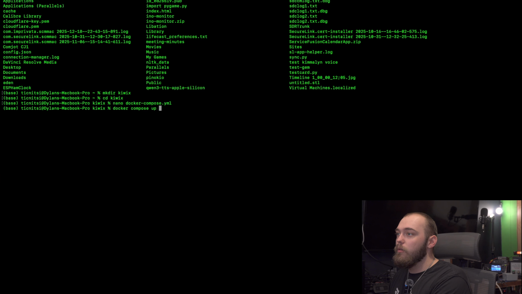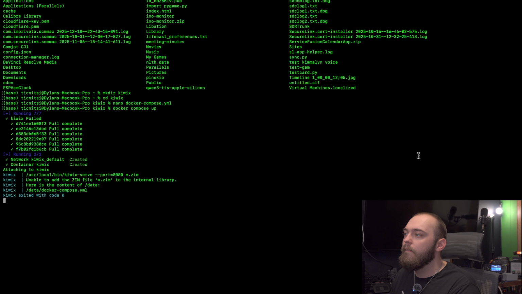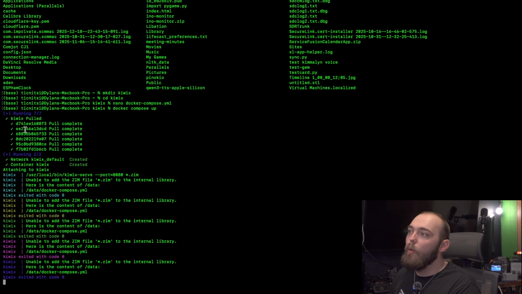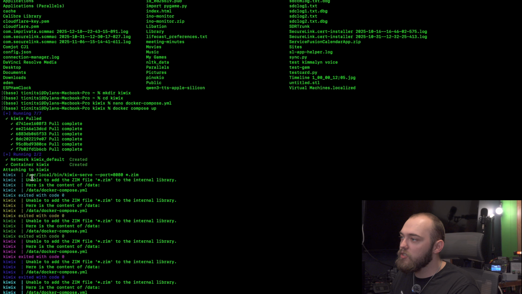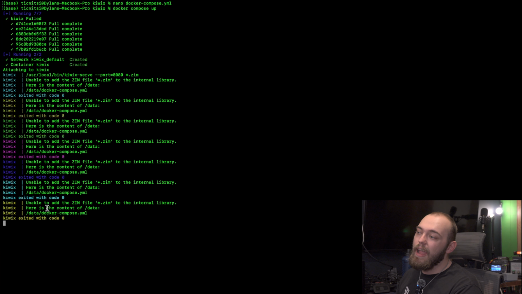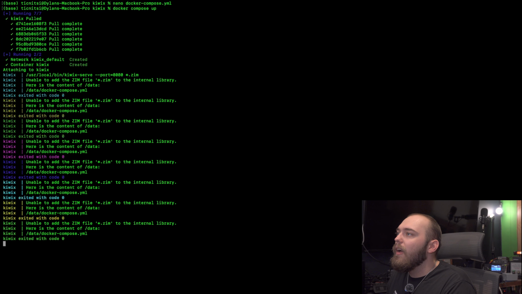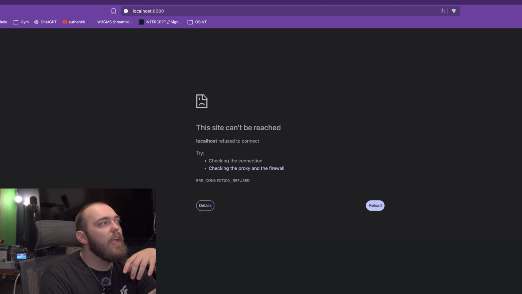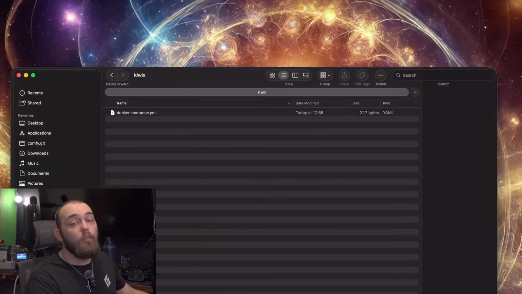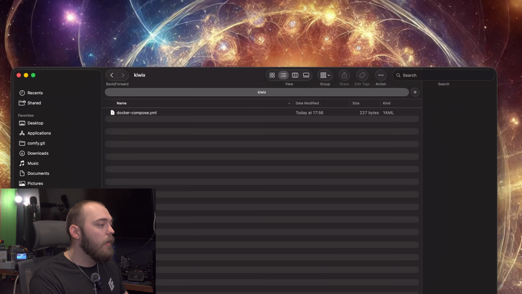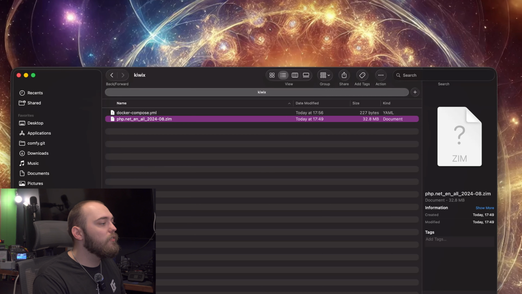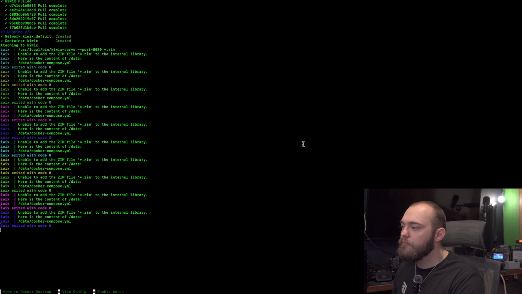So I'm just going to do this like this, docker compose up. Gonna get some terminal stuff asking me to approve that. It's going to go to Docker, it's going to pull the container files, it's going to start setting it up. So you can see here I'm getting an error because there are no zim files. If I try to go to my localhost 8080, you can see it's not working. Why is that? Well, that is because there is no zim file in here. So if I take this PHP zim and I just put it into that Kiwix folder, I go back to this terminal here,